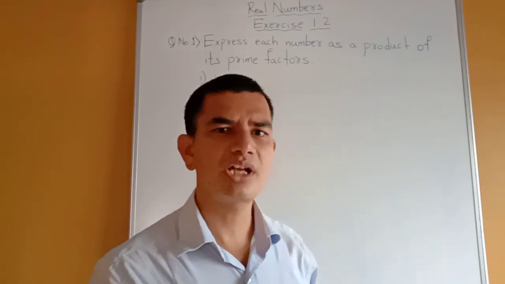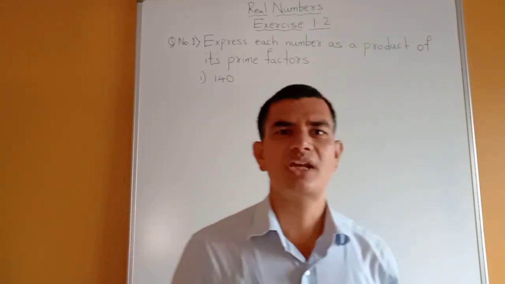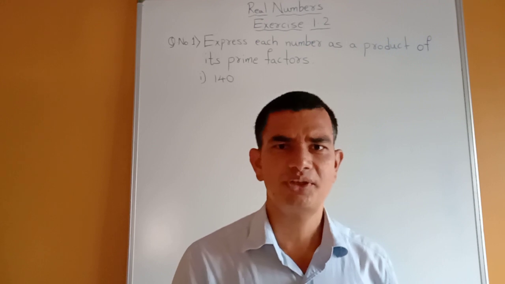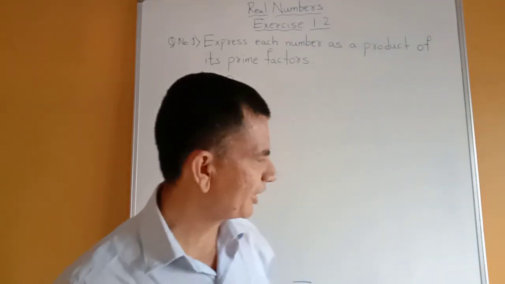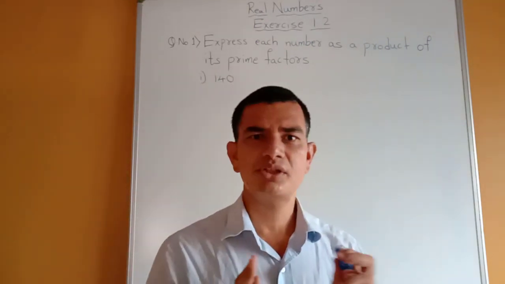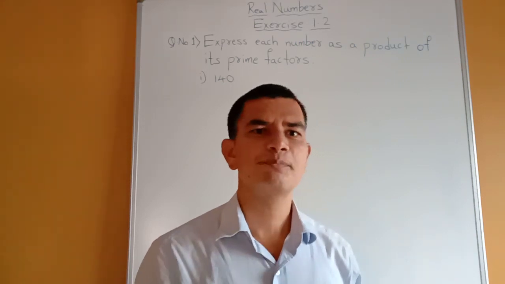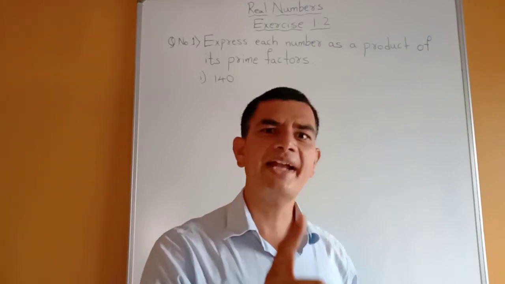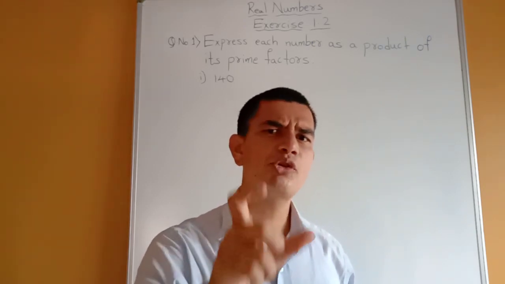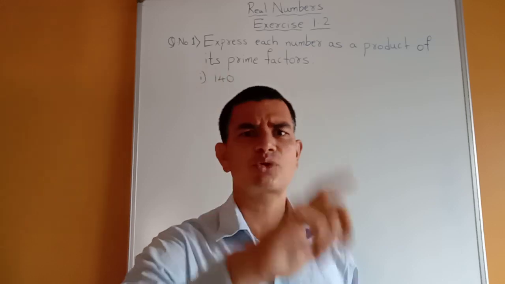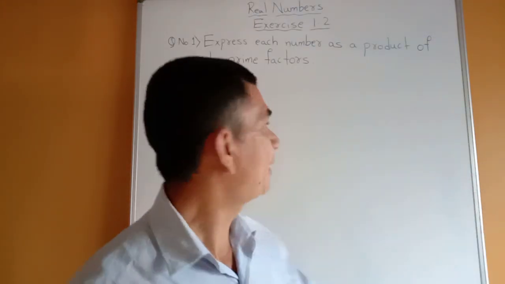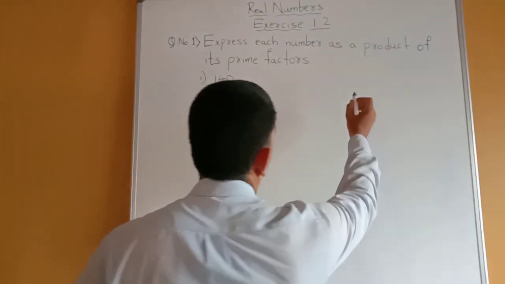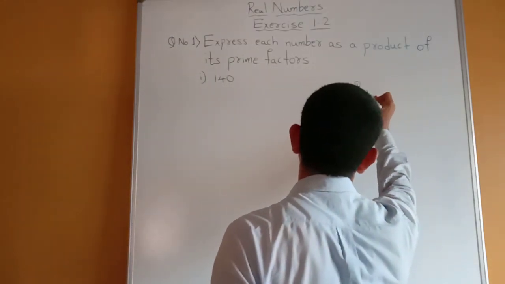The prime numbers are those numbers which have only two factors. Okay, understood students? One more time I am going to explain: the numbers which have only two factors, means the numbers divisible by 1 and itself. It should be divisible by only two numbers. Those numbers are called prime numbers. So with the help of those prime factors we have to multiply. I am going to give some examples of prime numbers here.